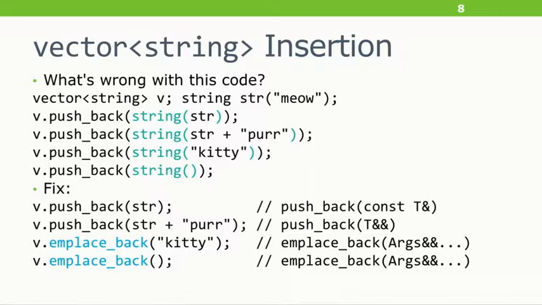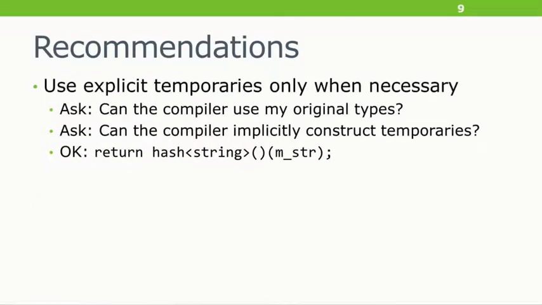It's less typing and it's more efficient. So you shouldn't be trying to help the compiler, say, here, generate a temporary and then push it back in. Just call the right overloads of vector and allow it to do that work for you. So my recommendations are you really don't want to be writing explicit temporaries in your code more than necessary. In fact, if anything, C++ really enjoys creating temporaries. It wants to create temporaries all the time. Don't help it further in that regard.